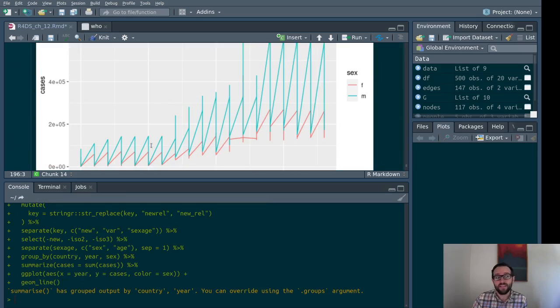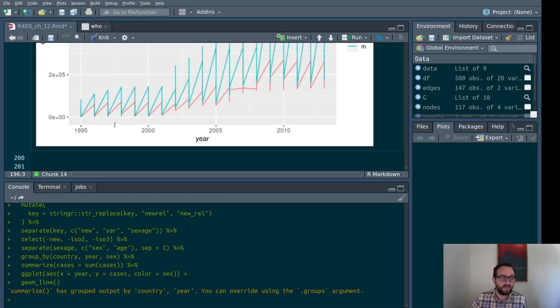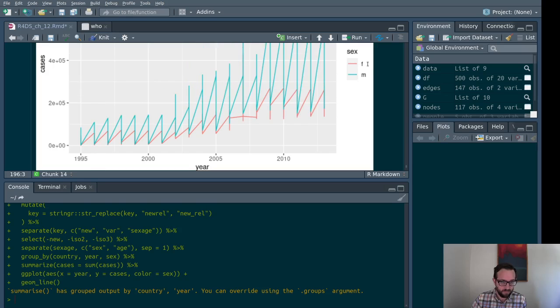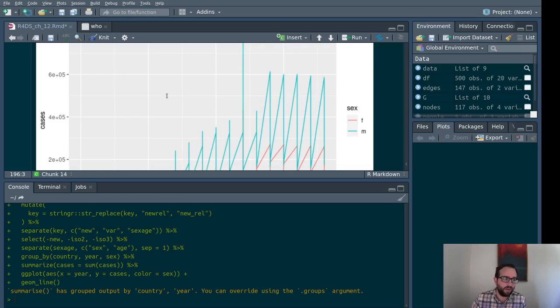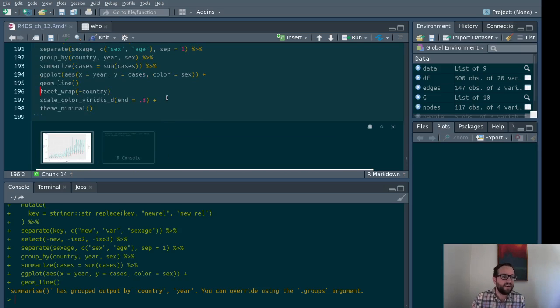So the answer is that it is plotting. It's trying to draw a line between multiple points for a given year, right? So this represents maybe female or male for China and Indonesia. So this is sort of the range, right? There's going to be a point here for China and one for Indonesia and one for India, et cetera. And so we have all of them on there, and it just tries to draw a line between all of them. So this is like the min to the max for the year, which is not where we want, right? So we need to figure out a different way to